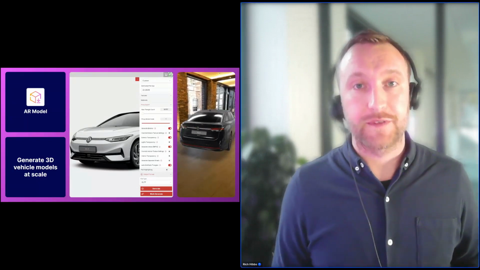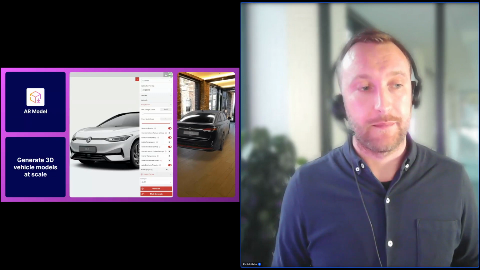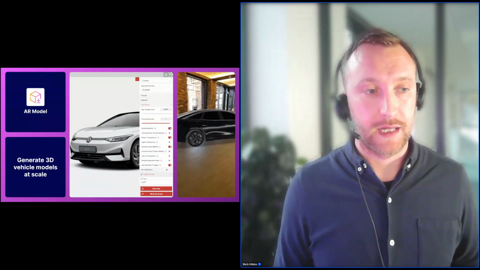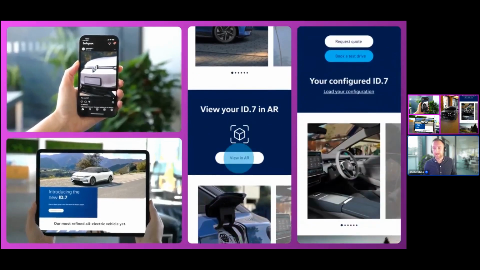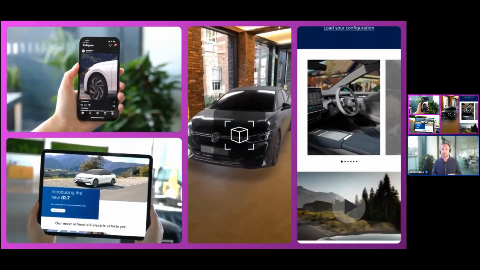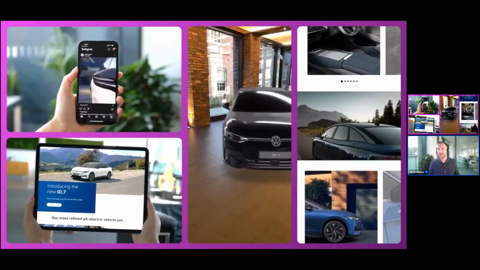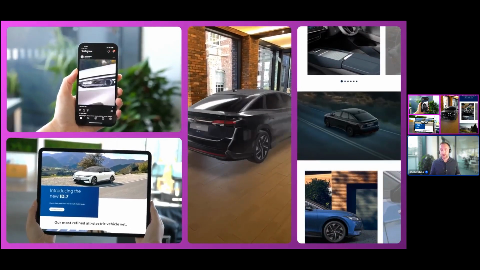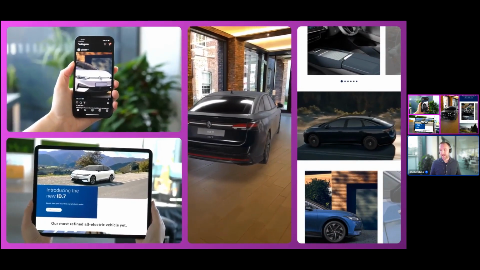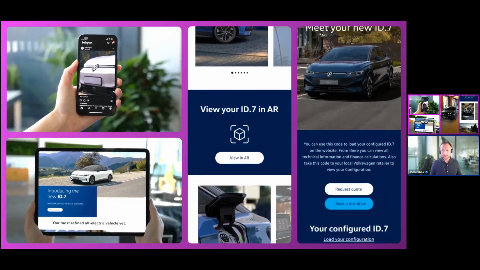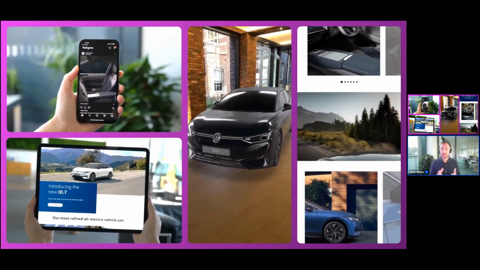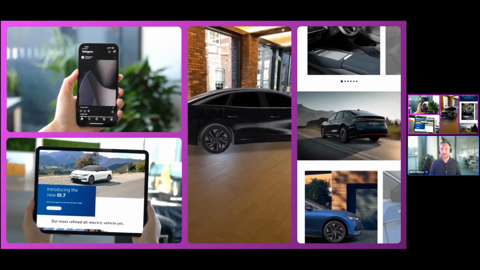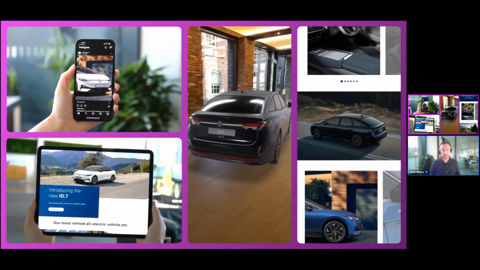So those were the types of content that are available, and that we looked at in detail last month. Here are some examples of the use cases where these can be employed. So I've already touched upon social media, website content. They can be used in digital brochures, which we'll look at in more detail in this session. But yeah, that was the focus of last month's webinar. But for anyone coming to this new, these are the types of content that are available for you when using this platform.